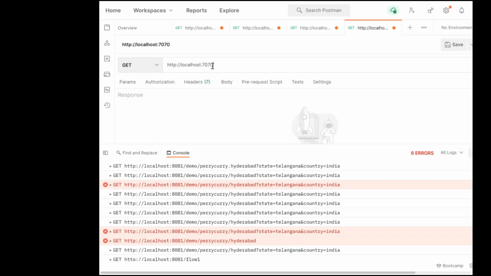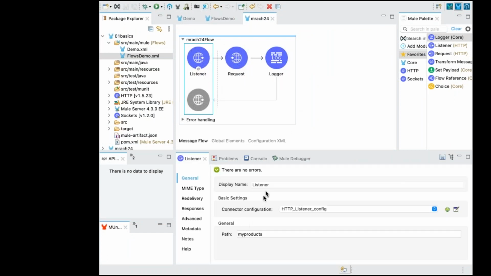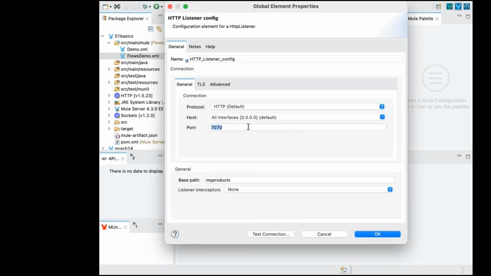No, I think his listener is configured wrong. For the listener he gave 7070 instead of 8081. Open the HTTP listener, edit the configuration. I think he has given 8081. Oh, change it.